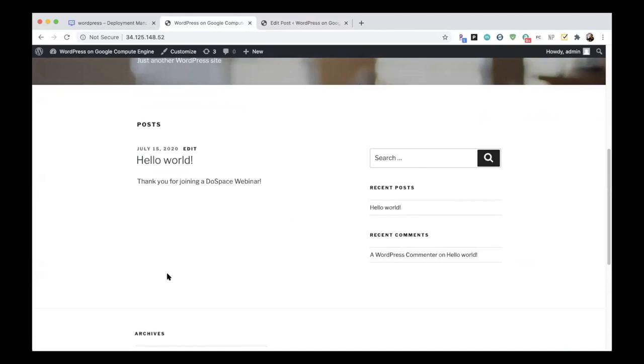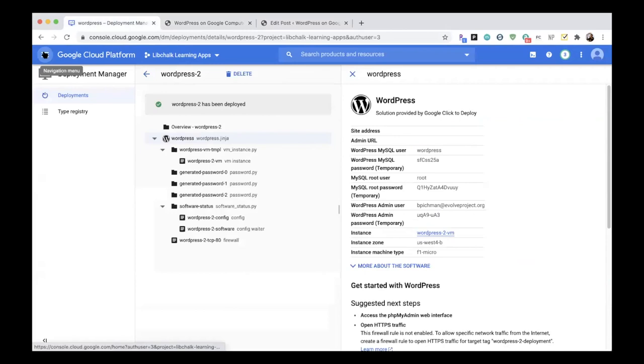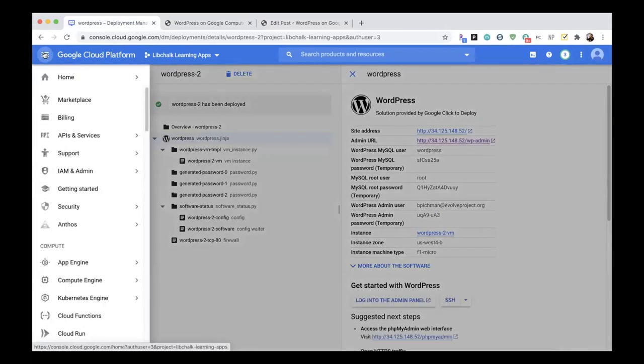So in seconds, maybe a couple minutes, we've then built our first WordPress web page without having to know any coding, anything fancy. We just literally clicked on a couple buttons. And that's how easy it is to get started with Google Cloud Computing. For people that are a little bit more advanced and want to see how to do the pieces one by one,